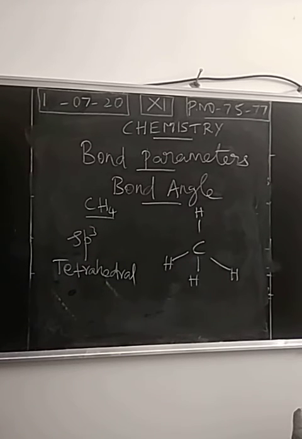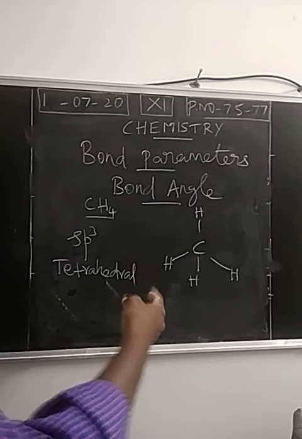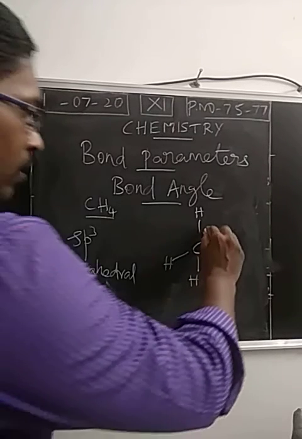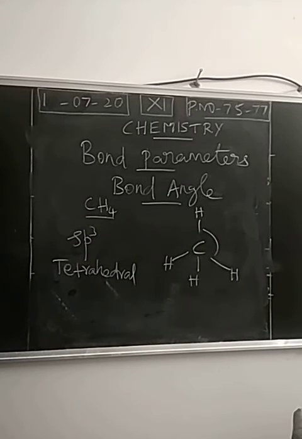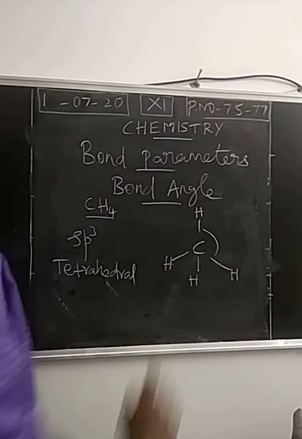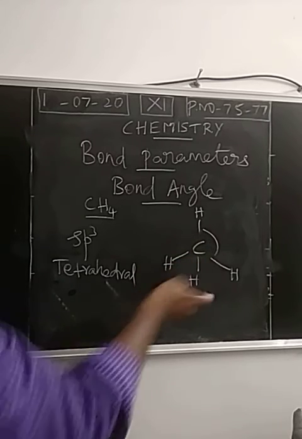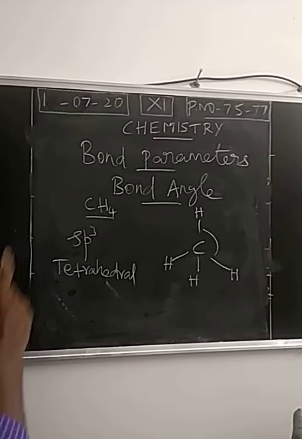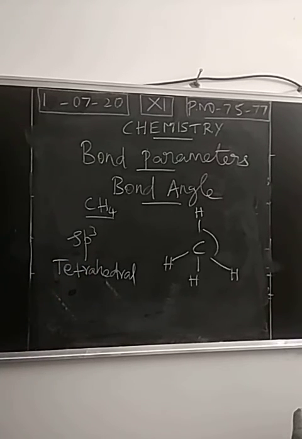So different structure is obtained by what? The atoms are orienting in different directions. So this is the directional nature. When the atoms are orienting in different directions in a covalent molecule, between the covalent bonds there will be an angle. Usually angle will be denoted in terms of degree. So this is called bond angle, because between the covalent bonds, how much angle is it? This is called bond angle, right? So for each hybridization there is a particular bond angle and a structure.